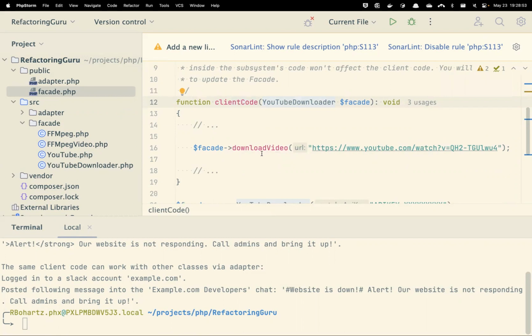It came from Refactoring Guru for that YouTube. Hopefully it's not a rickroll. I'm not going to test that out. But